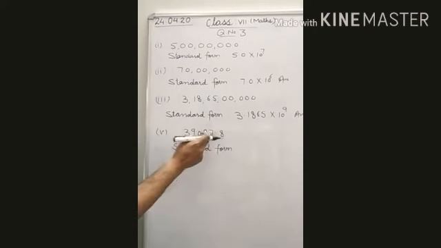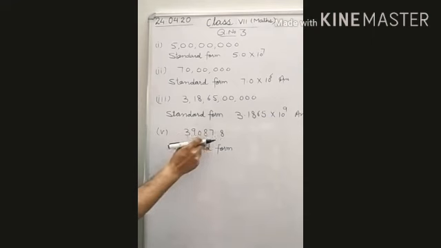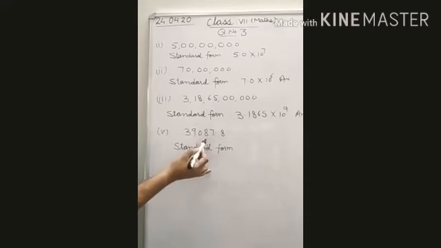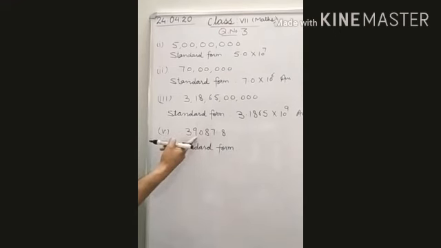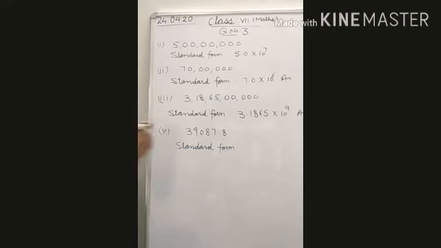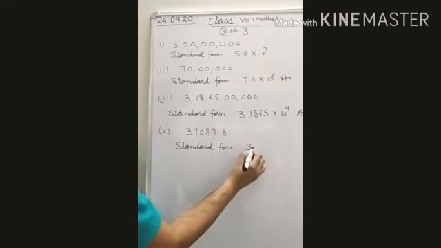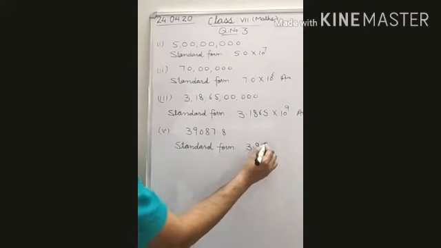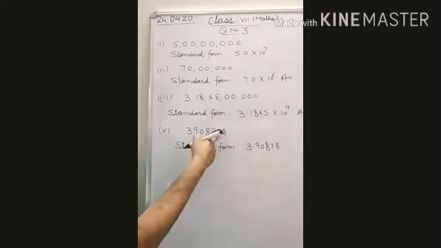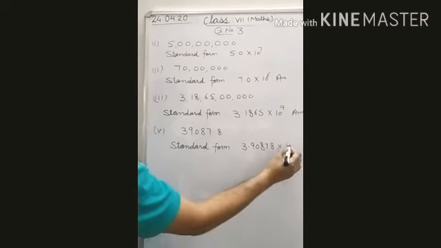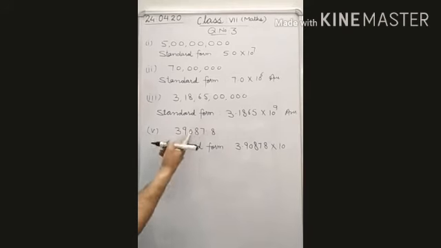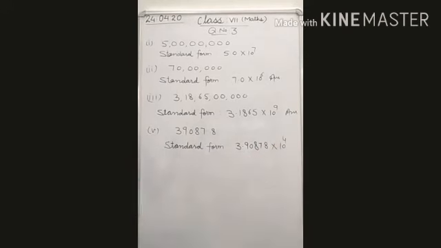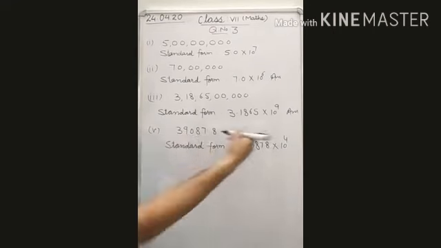What will it be? Here the decimal is here, but according to the standard form, this decimal should be after the first digit. So we have to move this decimal to here. Now how many digits will it move? It will move 1, 2, 3, 4. 4 digits to the left. So this number will become 3.90878. This 8 also will be written, into 10 raised to the power how much? You see how many digits the decimal is displaced. 1, 2, 3, 4. So 10 raised to the power 4. Or you can count like this. After 3, how many digits up to the decimal? 1, 2, 3, 4. So in the same way it will be.